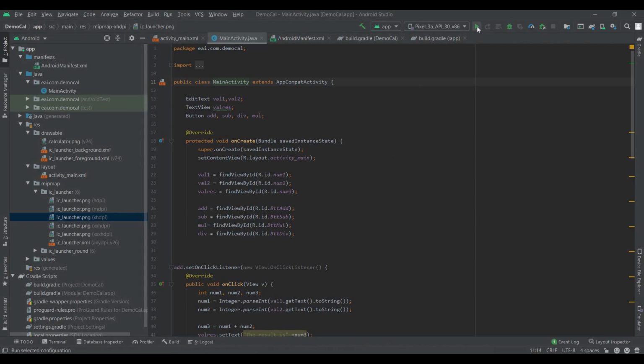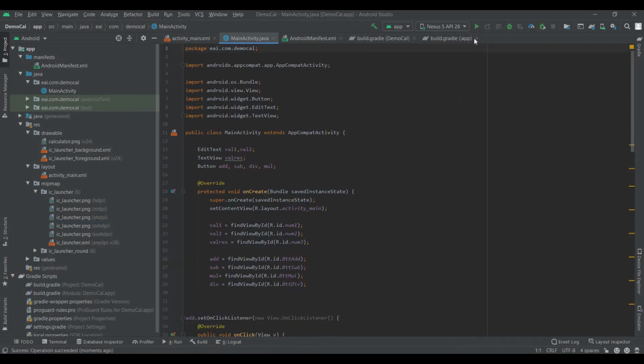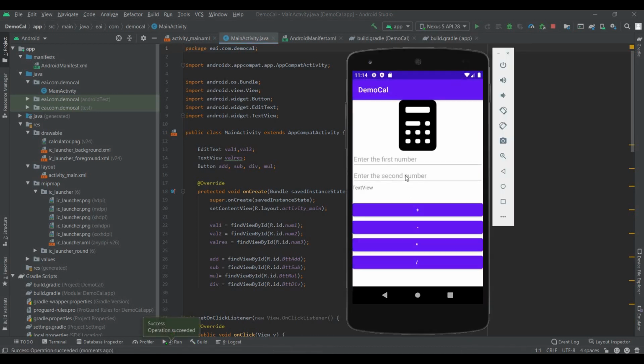Let me just run this app one last time. The emulator is going to start. I'm going to run the application again, and this time I want to run it on the Nexus. I've got two devices, Nexus and Pixel. I'm going to click on Nexus, and then click on the play button. This is my Nexus device, and there you see the